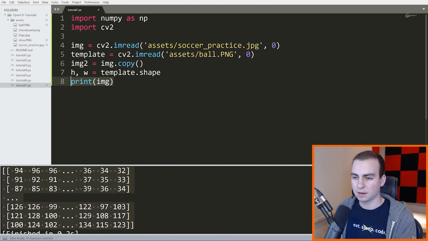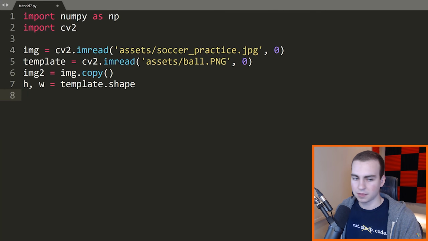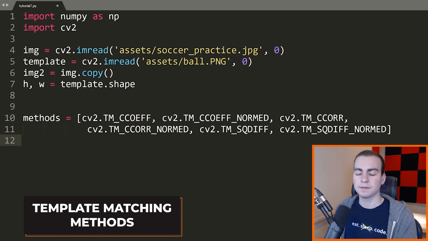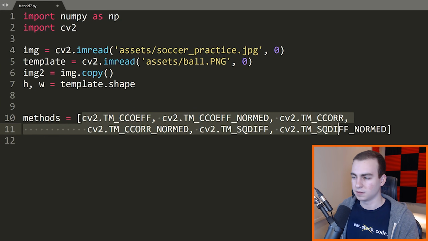All right, so now that we have that, I'm just going to paste a piece of code in here. I will explain it. This is called methods. Let me grab this from my other screen here. All right, so methods. These are all of the different methods of doing template matching. Just like in some of the other algorithms, there's different properties or values you can pass to these algorithms, and it will make them perform a little bit differently, right? There's different methods. So in this case, there are 6 main methods of doing template matching. These are all of them.